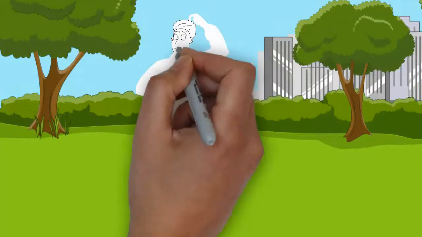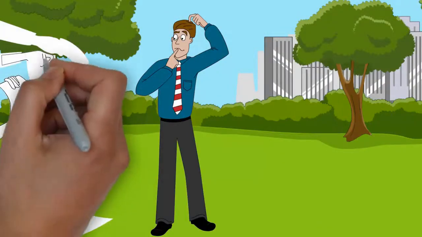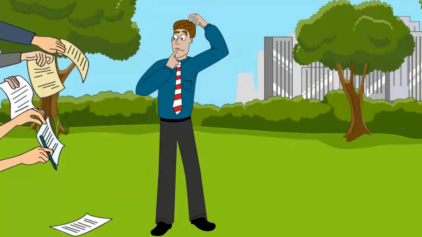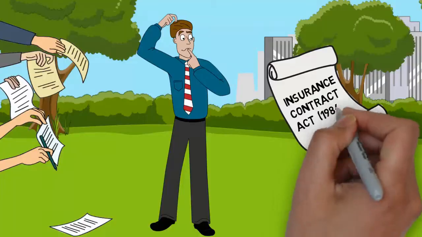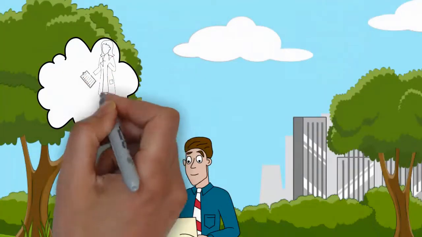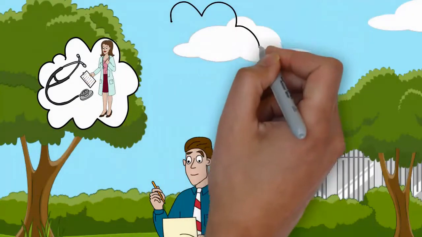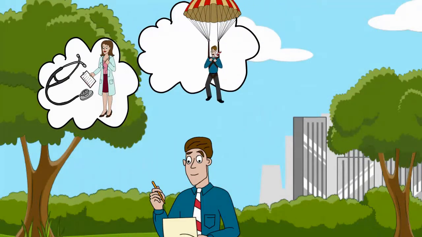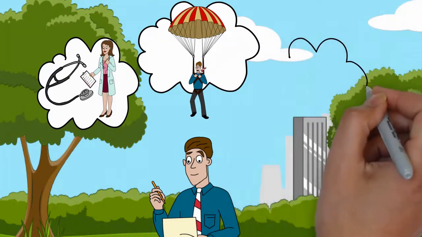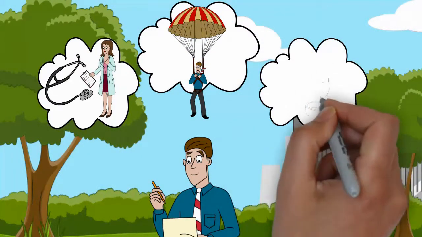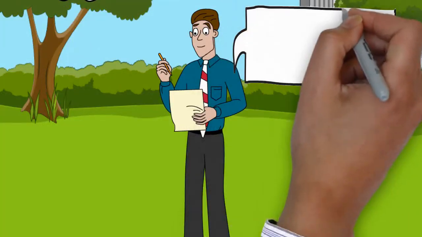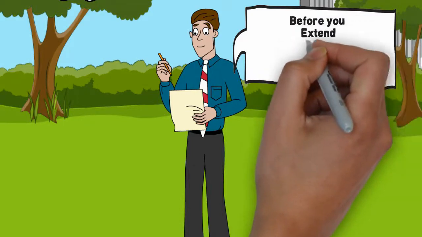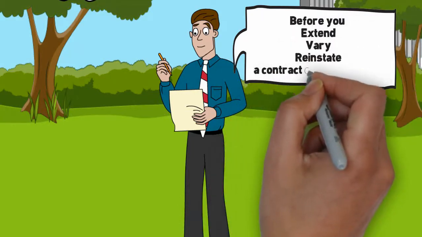Before you enter into a contract of life insurance with an insurer, you have a duty under the Insurance Contracts Act 1984 to disclose to the insurer every matter that you know or could reasonably be expected to know is relevant to the insurer's decision whether to accept the risk of the insurance and, if so, on what terms. You have the same duty to disclose those matters to the insurer before you extend, vary or reinstate a contract